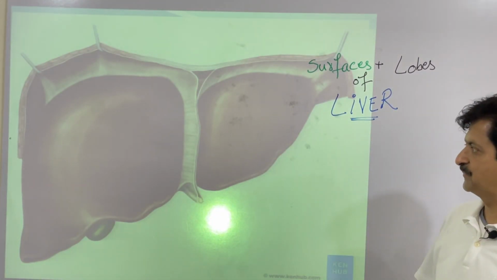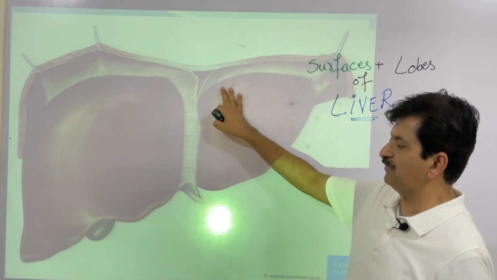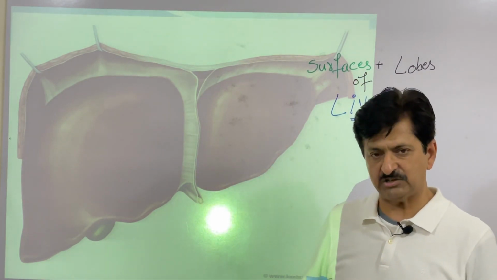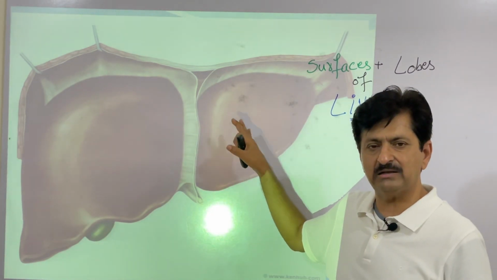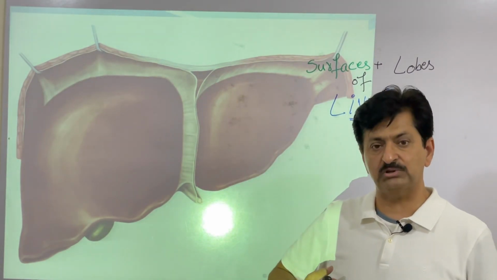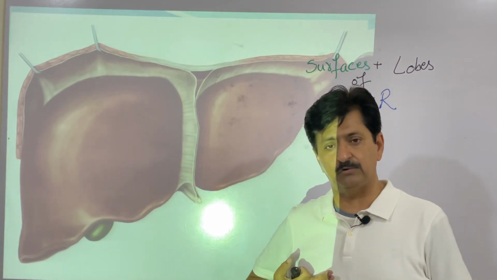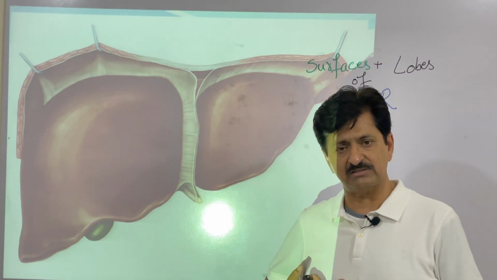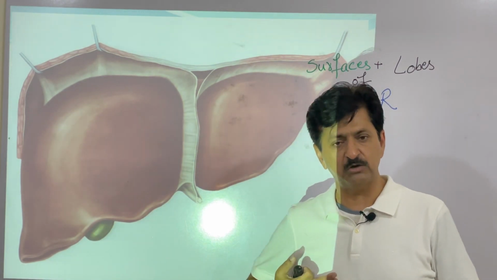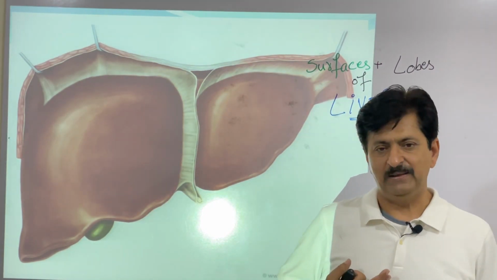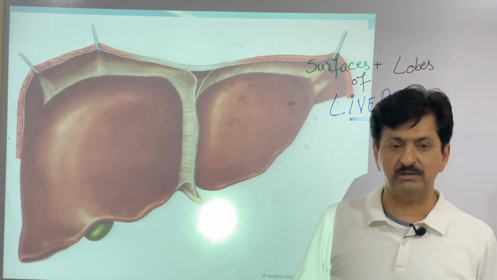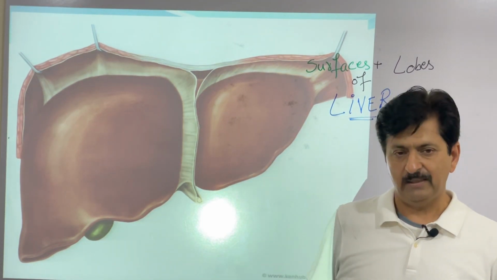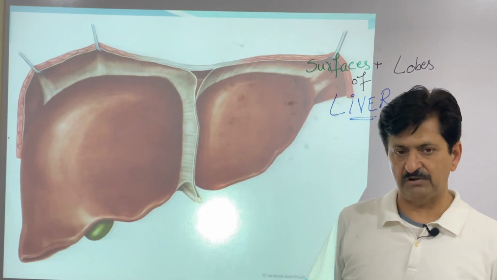If you look at this, this is the liver when you have removed the thoracic cage, because it is totally under the cover of the thoracic cage, so much so that it reaches up to the level of the fifth or sixth intercostal space, between the fifth and the sixth rib here. So in the percussion of your thoracic cage, you feel the dullness here, and this is what we call the span of the liver.